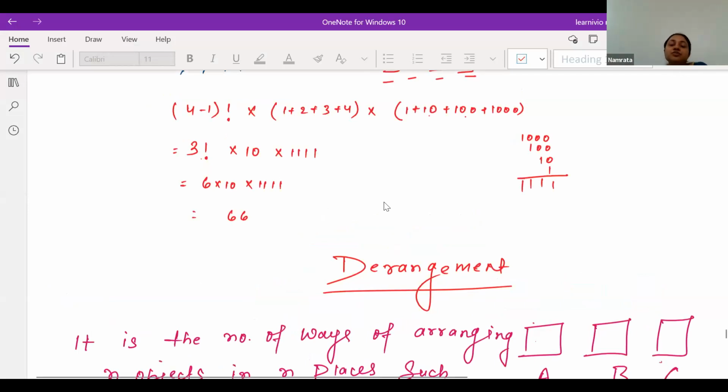So these are the concepts. As I said to you, first prepare the class 11 concepts fully and then come to these concepts. These concepts are very important. Once you go into class 12, then nobody will